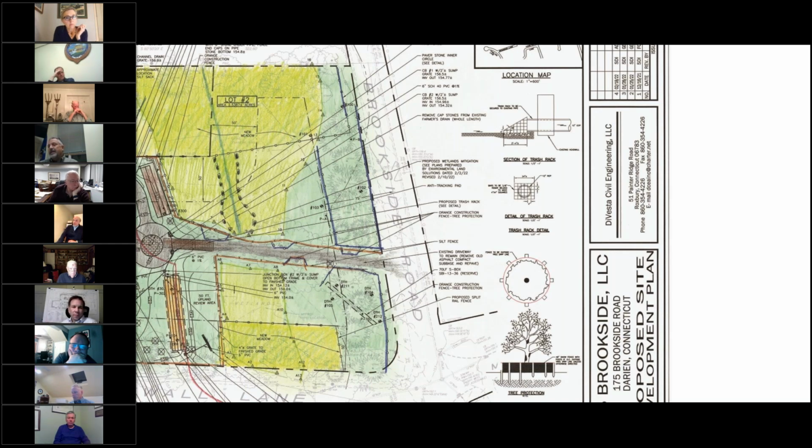Eliminate the farmer's drain to a stable channel. There's drainage and there's maintenance and there's ecological benefits to doing so. It's not a lot of work, it's not a lot of cost, and it's going to be a good long-term